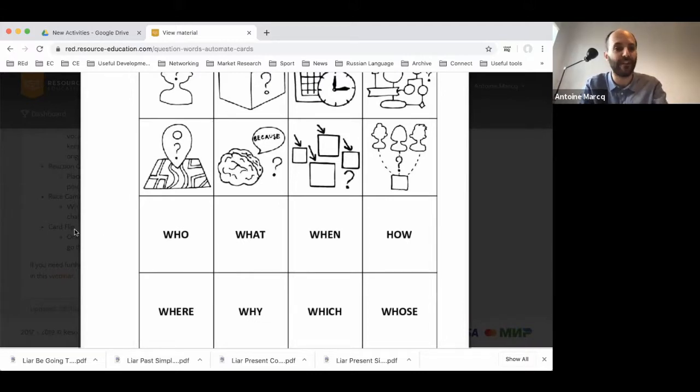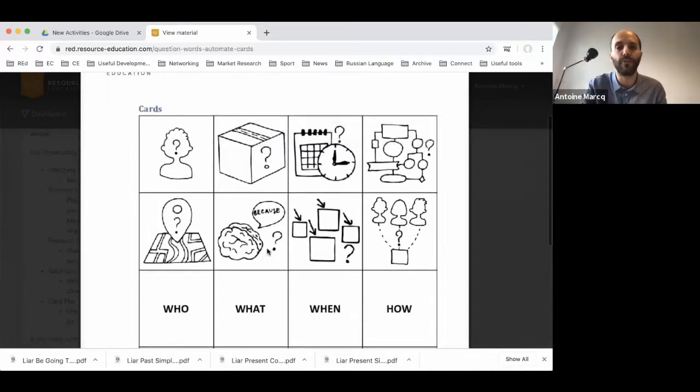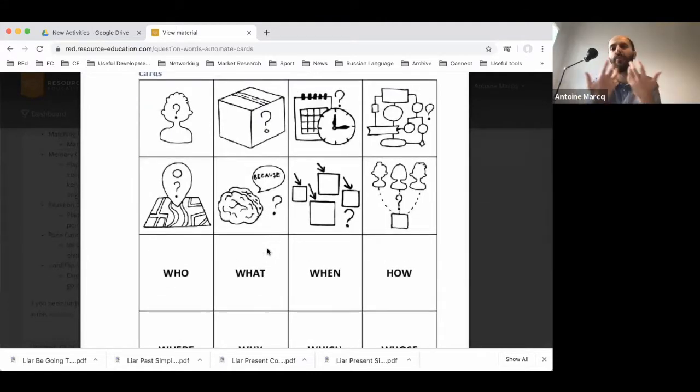And you can use that. I've put in the instructions the different games you can play. So you remember, you can just start with match in memory, for example. The students match the pictures to the words, the vocabulary, and then you could move on to more automate type games. So for example, memory, where they put all the pictures face down on the table, and in turns,